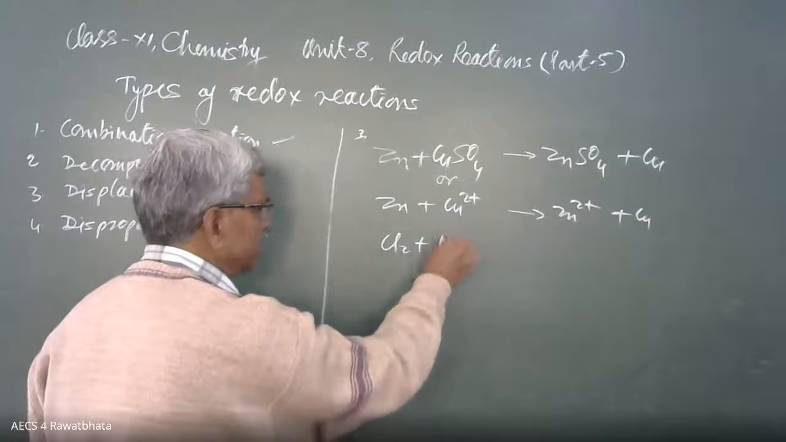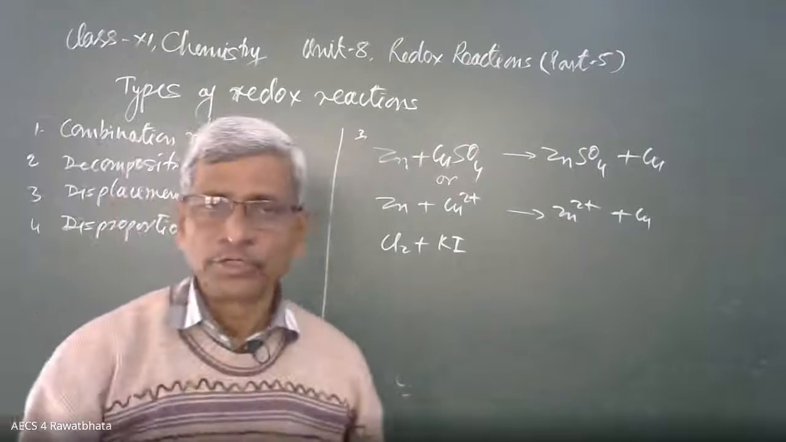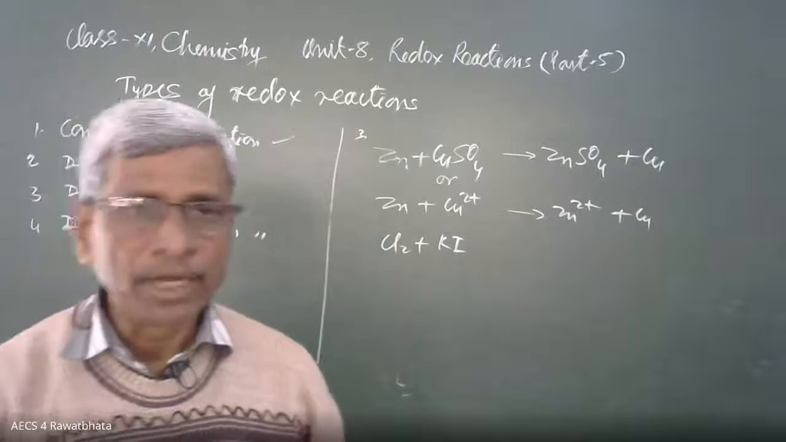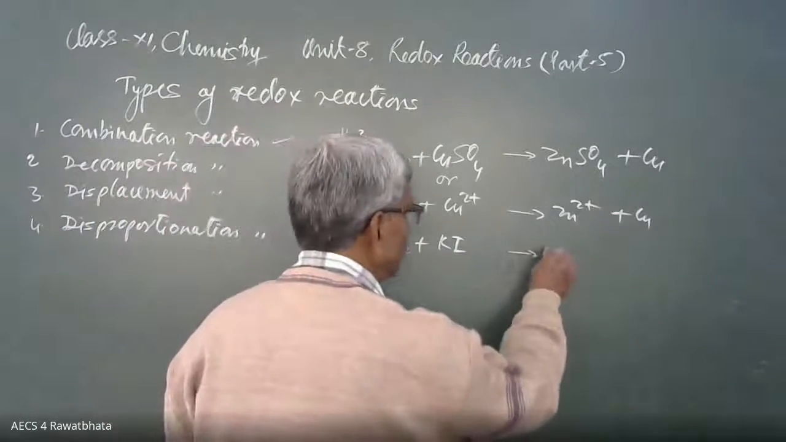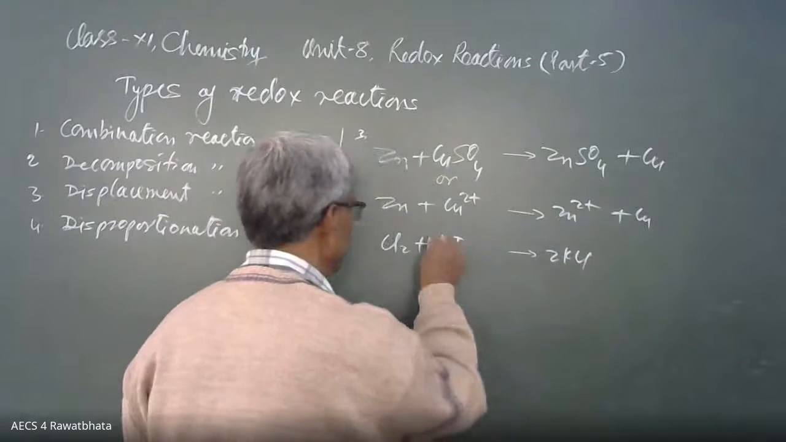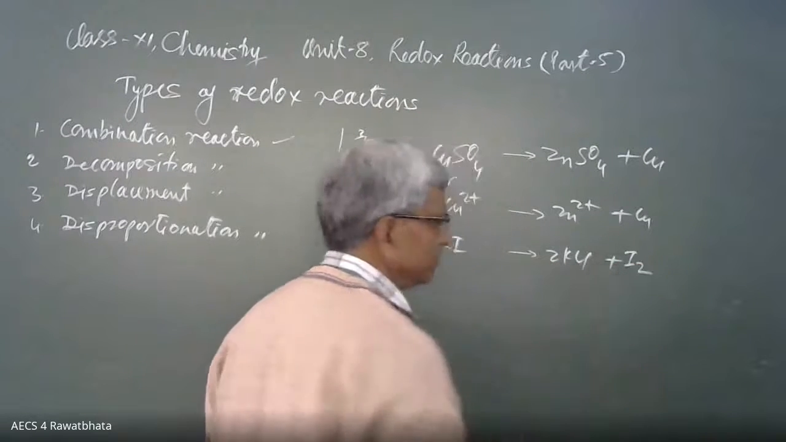Cl2 plus KI, potassium iodide. We take the water solution of potassium iodide and pass chlorine gas. Then the compounds formed are 2KCl plus I2. The reason: